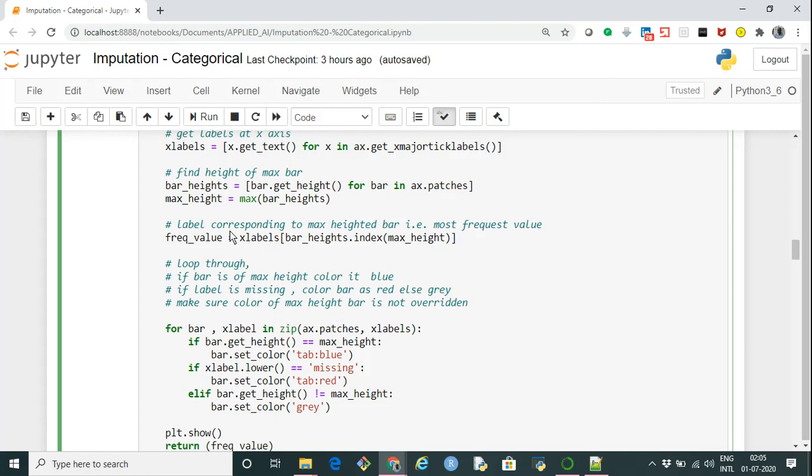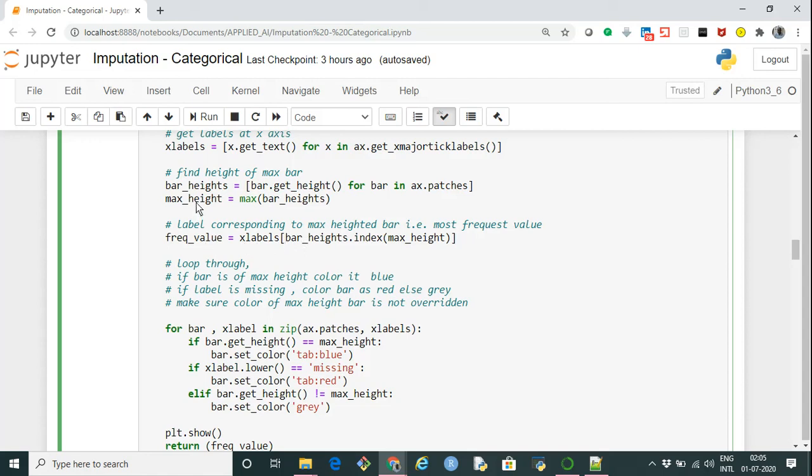So basically it will return which value is the most frequent value in that particular categorical variable. I'm using bar underscore heights dot index, passing the max height, so this will return the index location where the maximum value is coming, and using that index location as a reference, I'm extracting the value from x labels. So this will be the most frequent value.